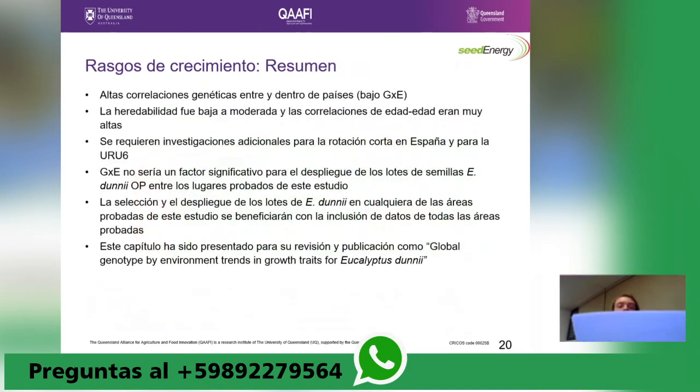So in summary, genetic correlations were generally high between and within countries, indicating low G by E. Heritability was low to moderate, and age-to-age correlations were very high. Further research is required to understand the Spanish trial and Uru 6. But overall, G by E would not be a significant factor in the deployment of Danii seed lots amongst the tested locations